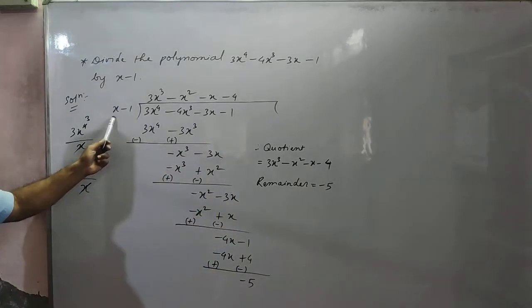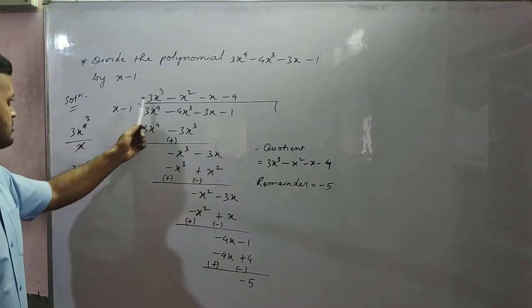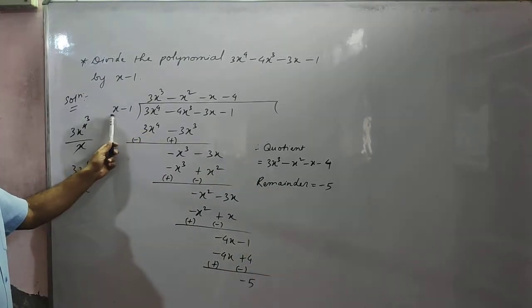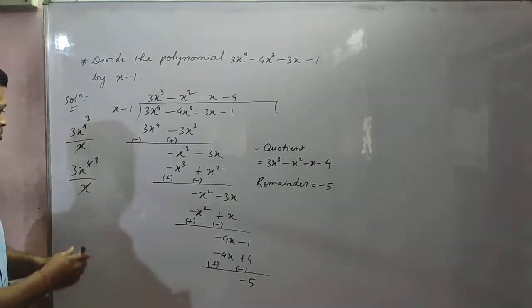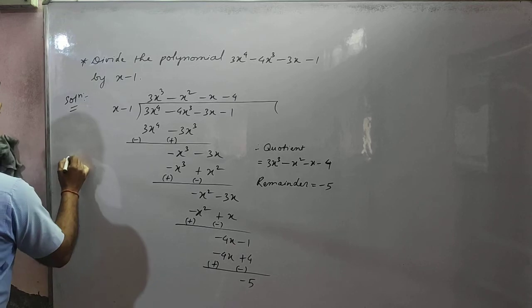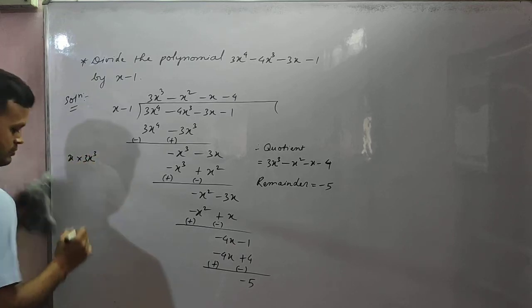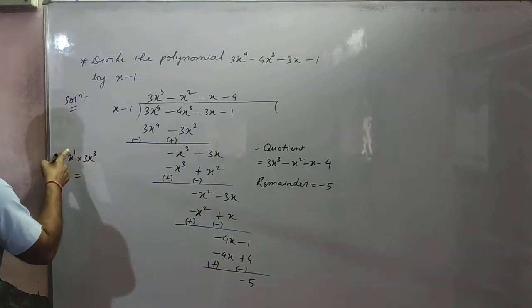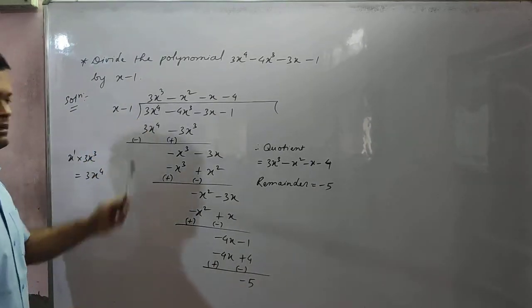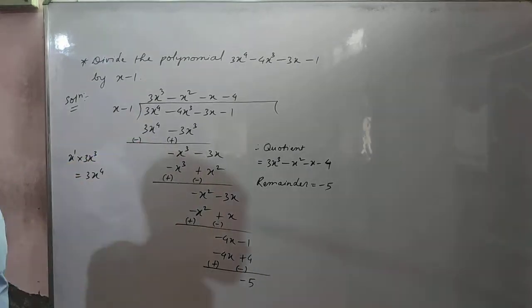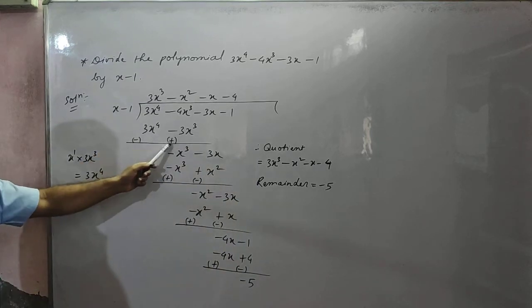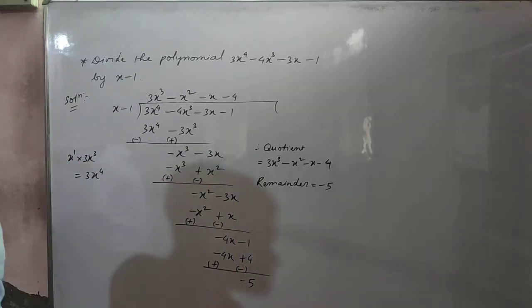Understood? So x into 3x cube. Just now both these terms you multiply with 3x cube. Okay, this is the way to do. So x into 3x cube will become 3x to the power 4. See, here power is 1, so 1 plus 3, how much? 4, so 3x to the power 4. And minus 1 into 3x cube will become minus 3x cube. Here plus is there, put minus sign, here minus is there, put plus sign. These two are cancelled. Okay?